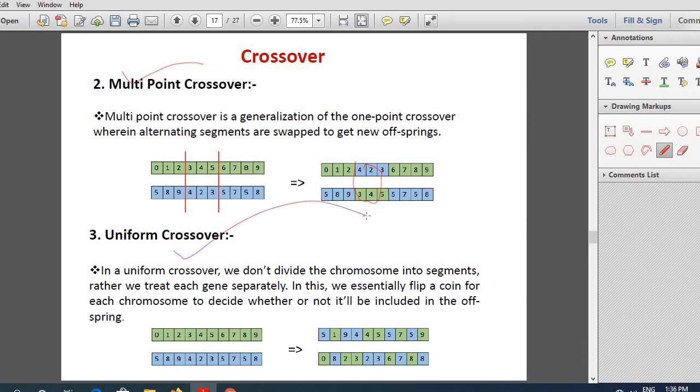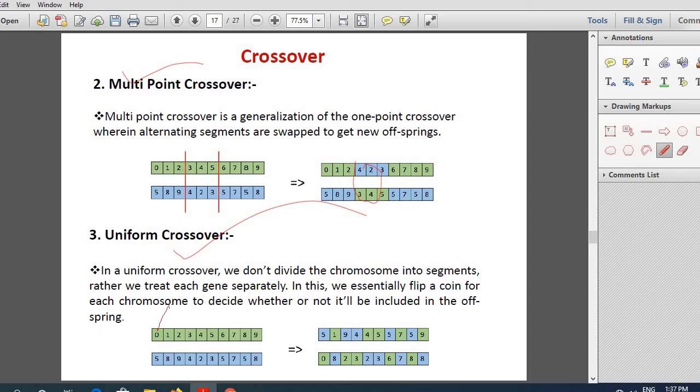Now uniform crossover. Here there is nothing like choosing some segments as in the previous two crossovers. Here each of the genes in the chromosome will be considered. For example, you take the first gene, then you flip a coin.